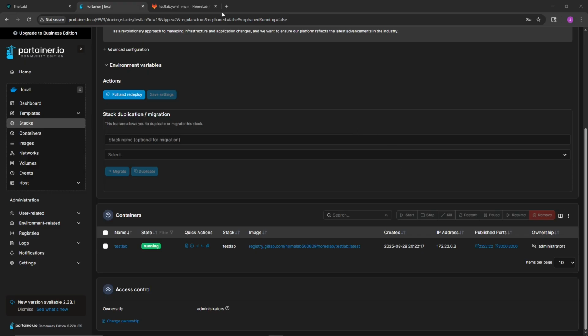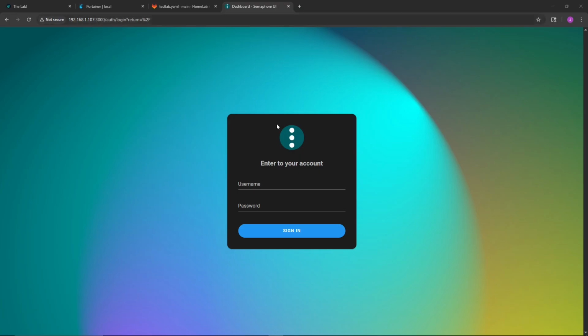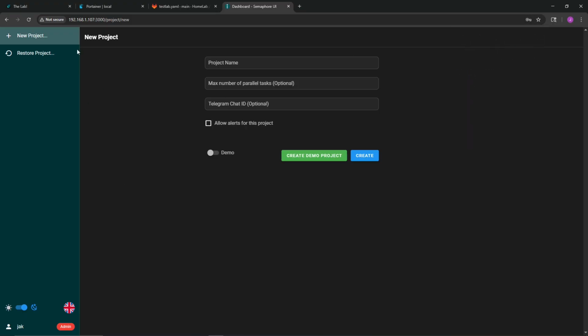So knowing that this Semaphore container is running on my Ubuntu server, 192.168.1.107, I'm going to go ahead and head over to port 3000. All right. Once you are here at the login screen, you already know what you did. In my case, I just did Jack and Jack, and we should be able to get right into the initial